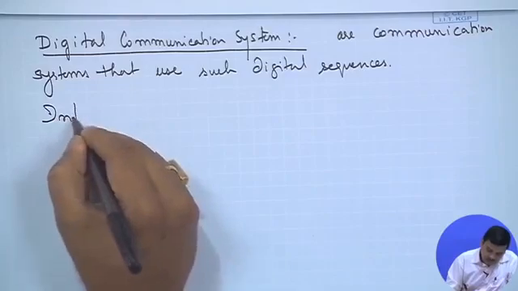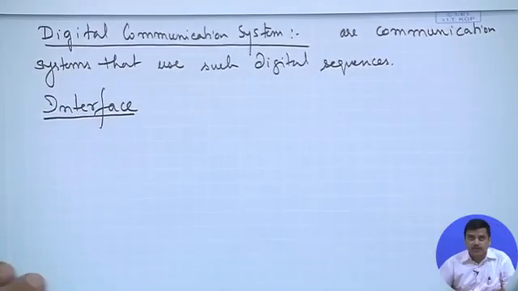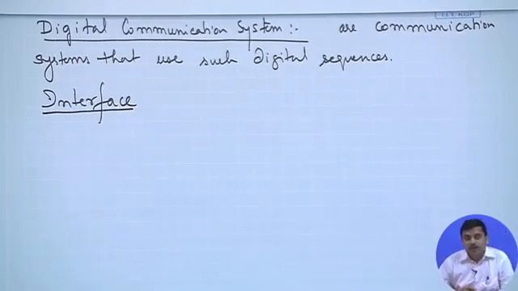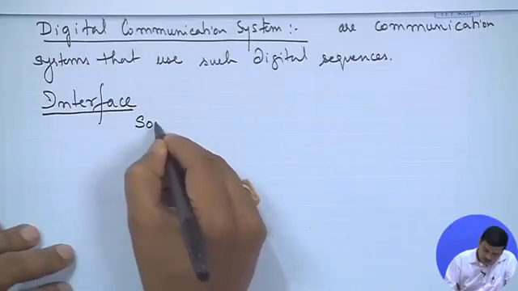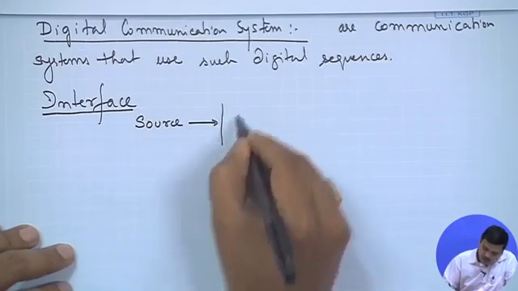The other important aspect that we would encounter in designing of things is our interfaces. So, although in analog communications you may have studied components and step by step development, but here we define interfaces, and I will explain shortly why do we do it and what is the necessity and how does it help us. So, if we think of a source, so let there be a source followed by